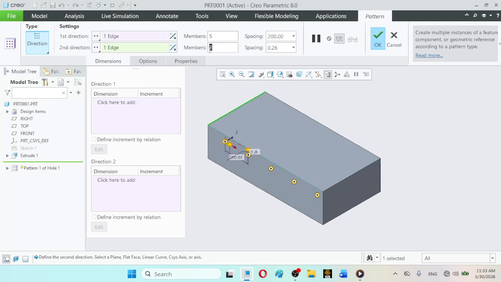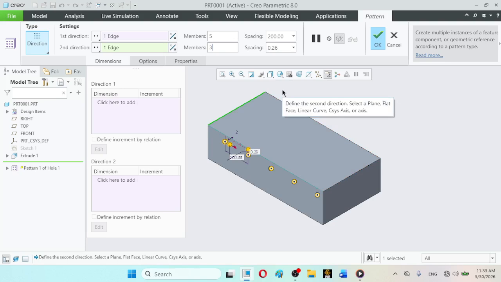Here again, for example, if we want 3 members, there will be 2 separations. The net pattern distance which was available, because 50 and 50 were left out from the edges, total 100, was 400.